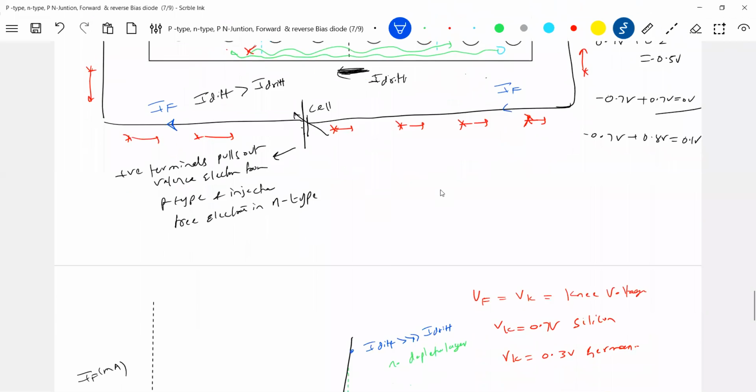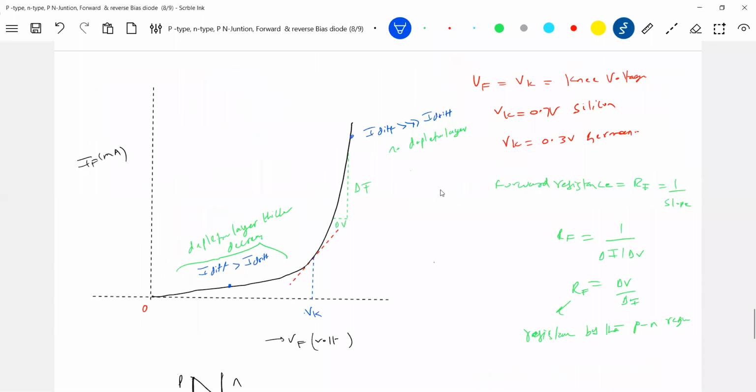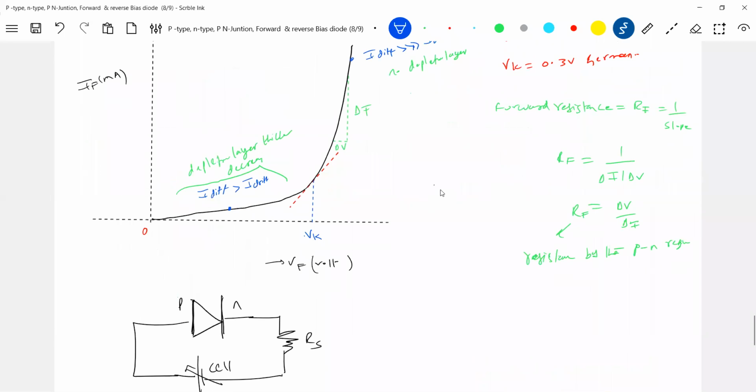Now look at the diode. What is the resistance of the diode? The resistance offered by the P and N regions. What is forward bias, once again? This is the applied voltage. Look at this particular point, the depletion region. Here it says 0.1 volt, but the barrier potential is 0.7 volt, so the net barrier potential is 0.6.